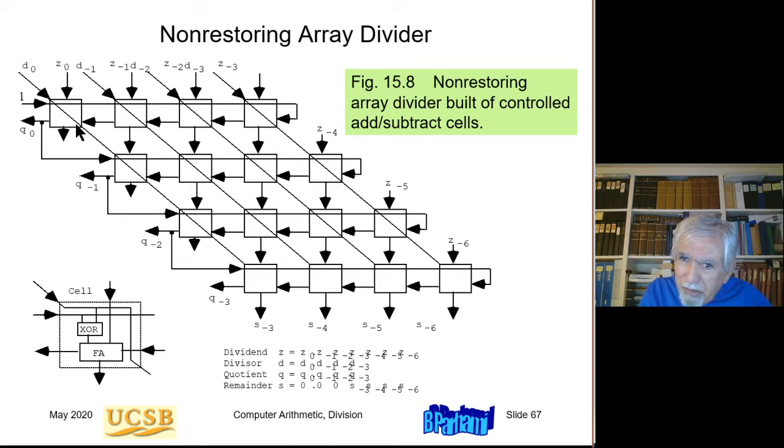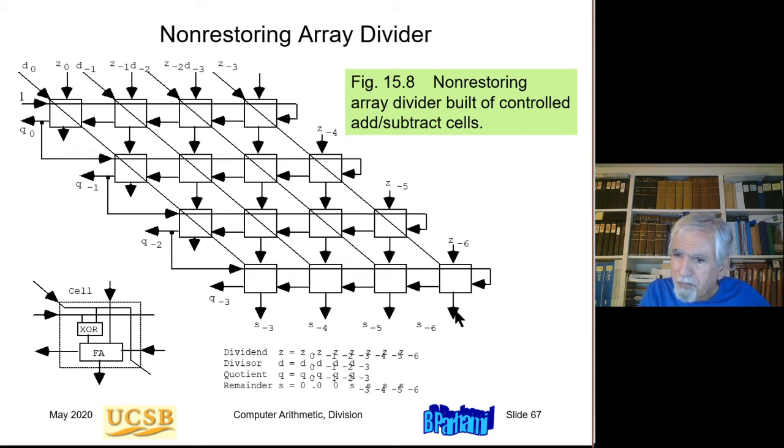If this bit is 0, 0 is sent through, and when 0 is sent in the next, so we basically forward the incorrect trial subtraction result, but then we add in the next step. If this bit is 1, if the quotient digit is 1, then we do trial subtraction in the next row